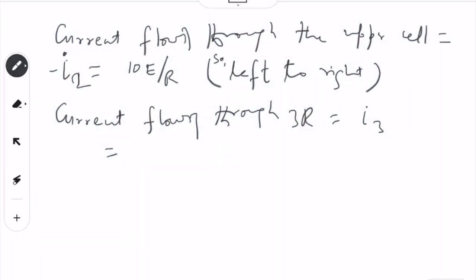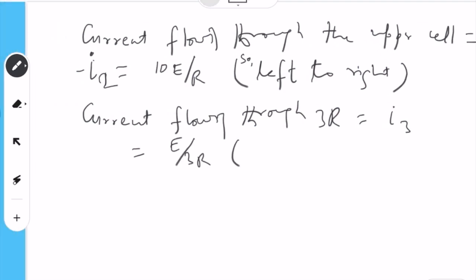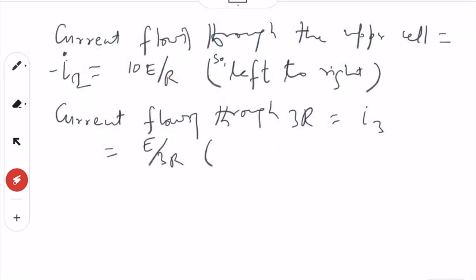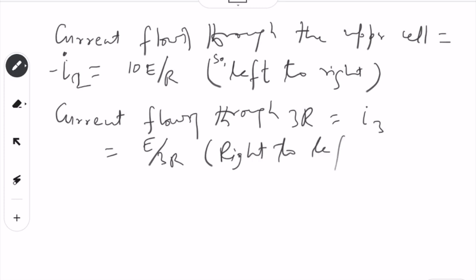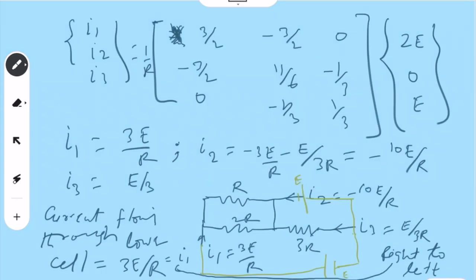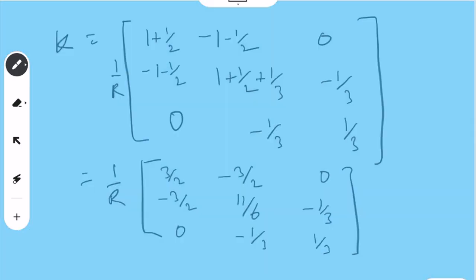So, E over 3R, and as our positive value was from right to left, and we get the positive value, hence it will be like this one only. So, right to left. Okay. Now, to find out the current flowing through individual resistances like